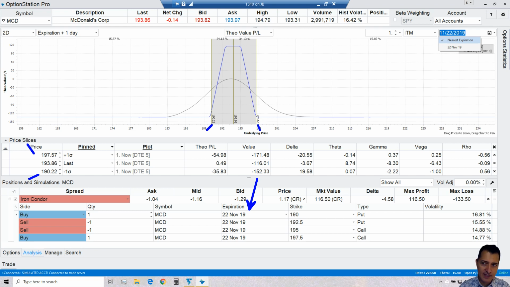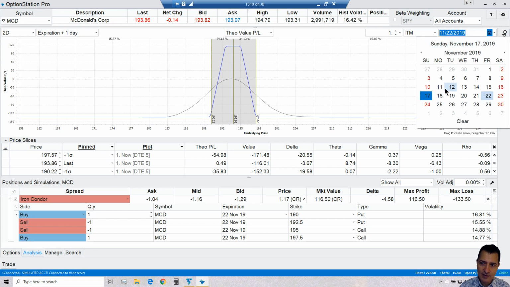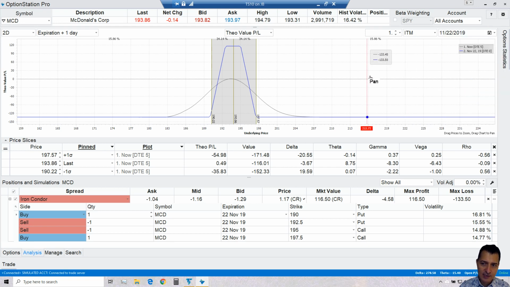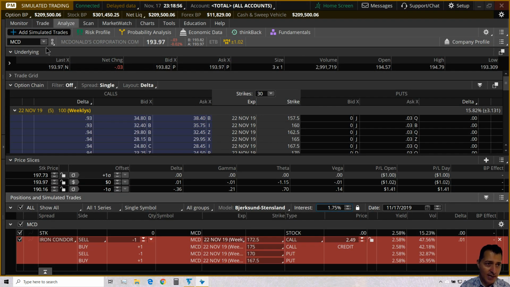Okay, so then you're fine. But you need to be careful, because if you were to, by mistake, click on the calendar and change those dates, then you will get something different. Okay, and by the way, when going back to TOS, if instead of simulated trades, I was to click on